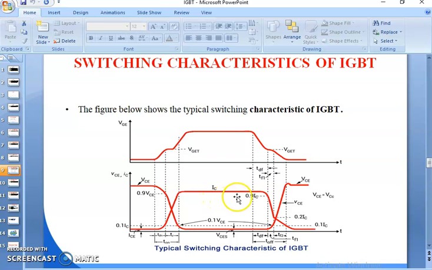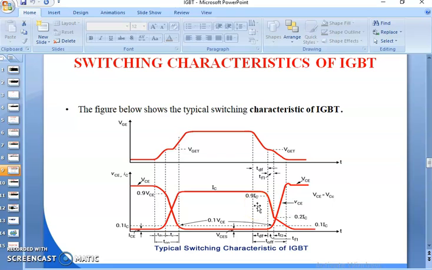And then comes another segment, that is the IGBT turn off process. The switching characteristics during turn off mechanism of IGBT. So the entire turn off process is now divided into two different intervals. One is TDF, that is turn off delay time. Second one is TF, that is falling time. What is TDF? It is defined as the time taken to